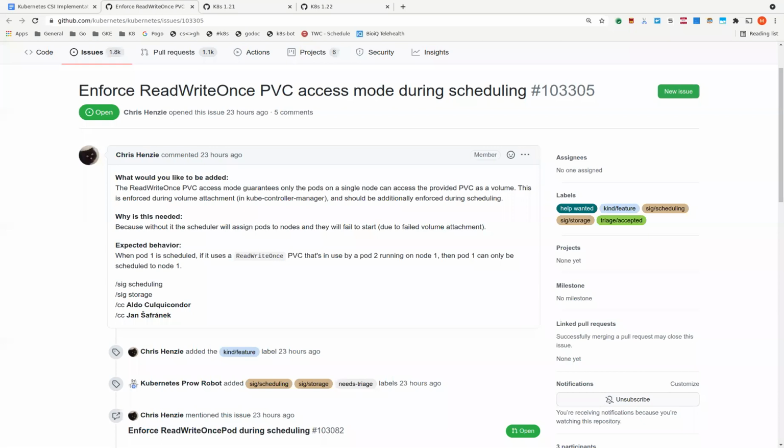And instead of an event saying that, the behavior will be that you'll get an event on the pod saying the pod is unschedulable. Do we expect people to be relying on specific events? Yeah, it's possible.